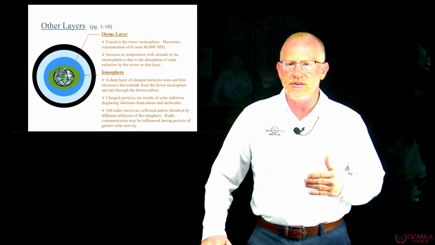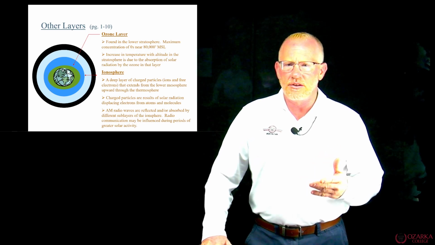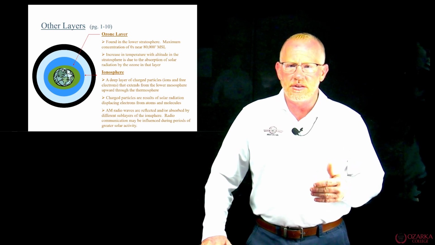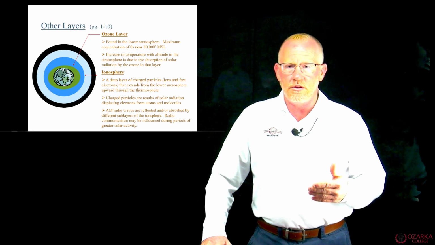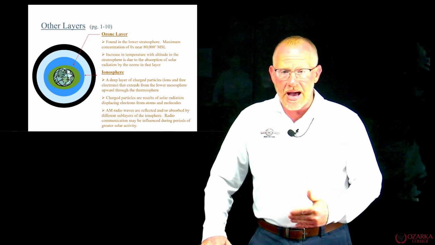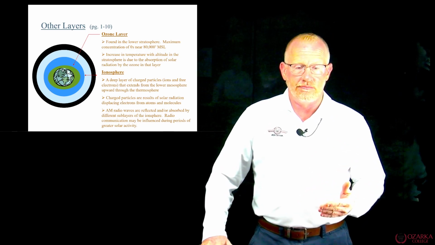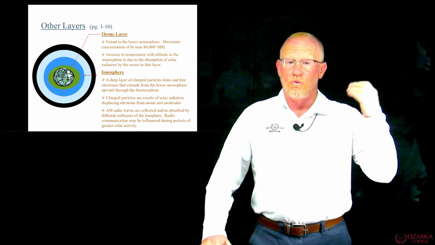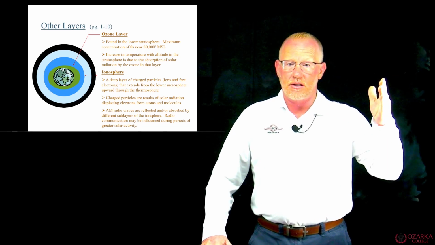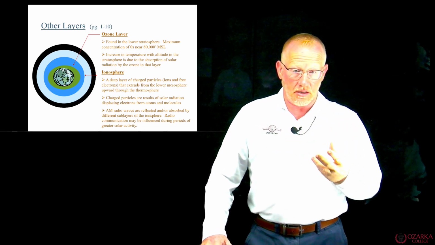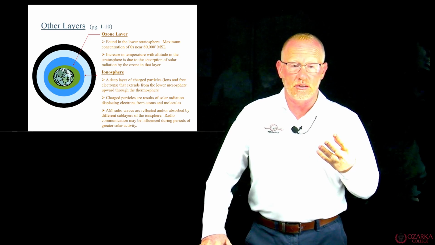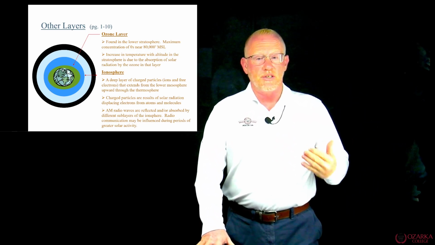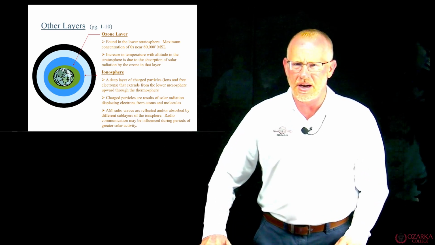So there is an increase in temperature with altitude in the stratosphere. We know this. Okay, and now this is due to absorption of solar radiation by the ozone layer. Pretty simple. The higher we go up, the warmer it is in the stratosphere, because the ozone layer, which is located in the stratosphere, is absorbing a lot of the solar radiation. Therefore, our temperatures are going to be higher.